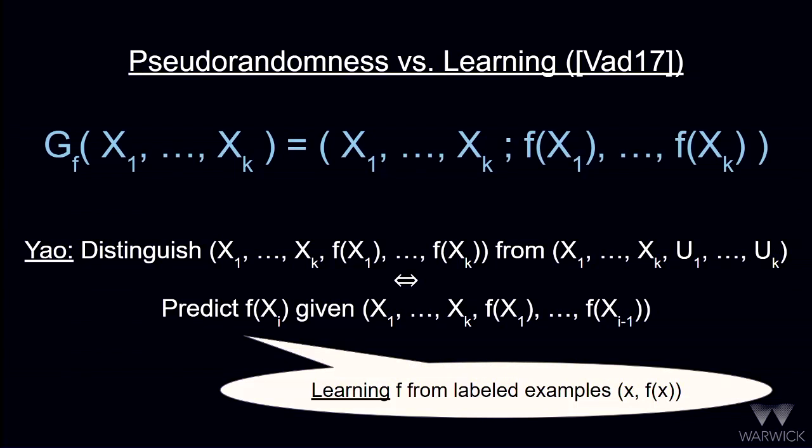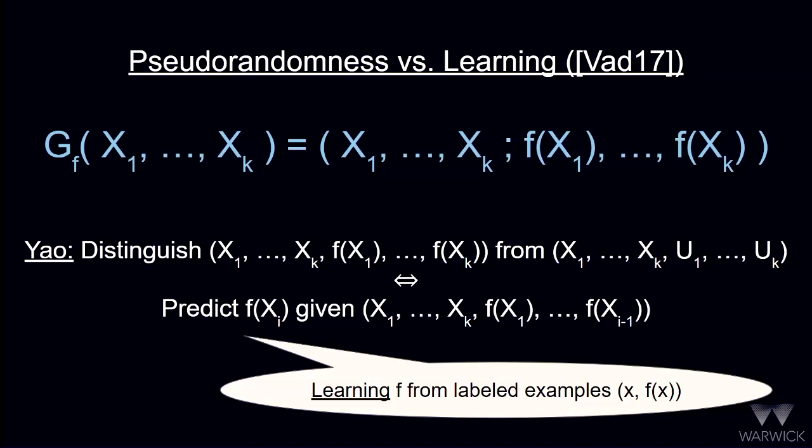Okay, a little bit more concretely, we can illustrate things with this generator that I'm calling G. It's a potentially pseudo-random generator. f is a Boolean function. This is just a k-wise direct product of f. For simplicity, let's think of these x_i's as uniformly distributed. Well, we know from Yao that if we can break the generator, so if we can distinguish its outputs from uniformly random strings, then we get a predictor. So given some appropriate prefix of the generator, with probability a little better than half, we can predict the next bit of it.